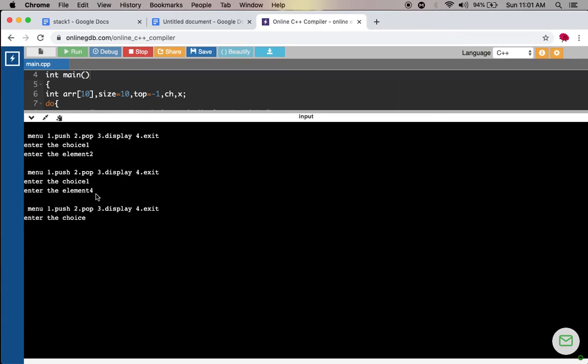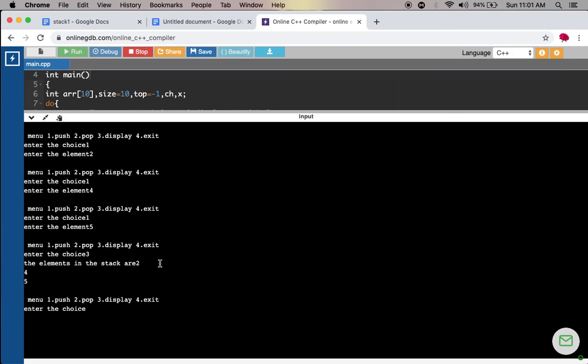Again I select choice 1 and insert another element. Up to now I have inserted 3 elements: 2, 4, 5. Now I display all the elements. Display is choice 3. So the elements are 2, 4, 5.